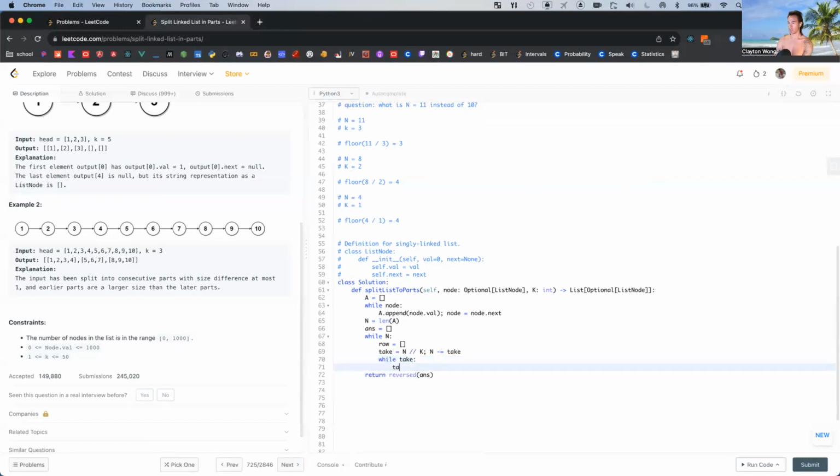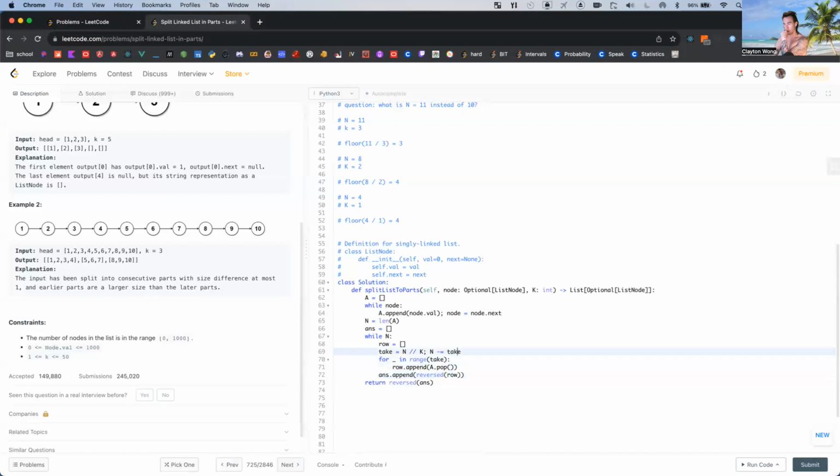Well, you take something, take perhaps this four, range, let's do this loop, take many times, row dot end, a dot pop. So it'll be in reverse, and it's going to append row, reverse row,